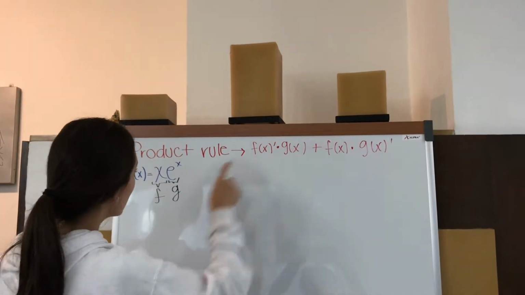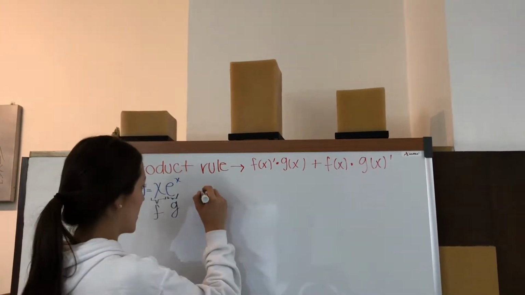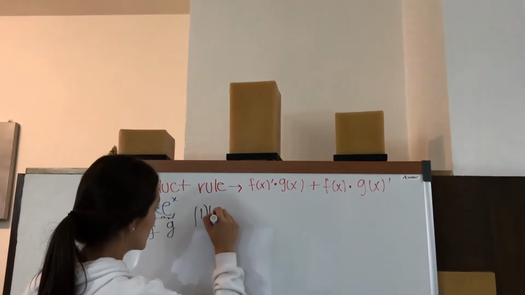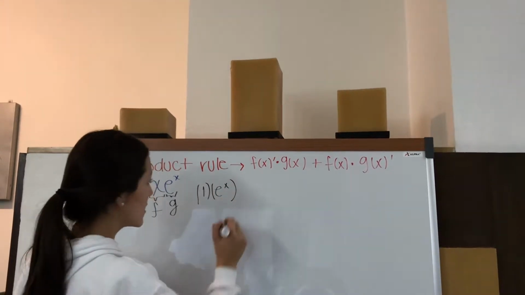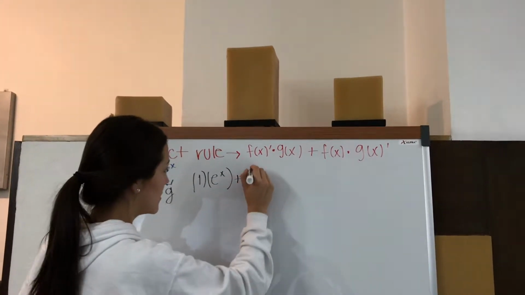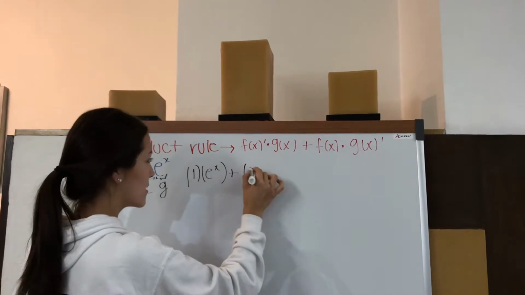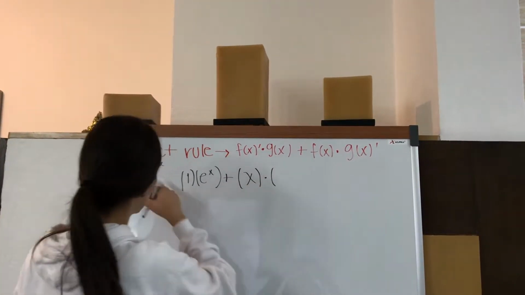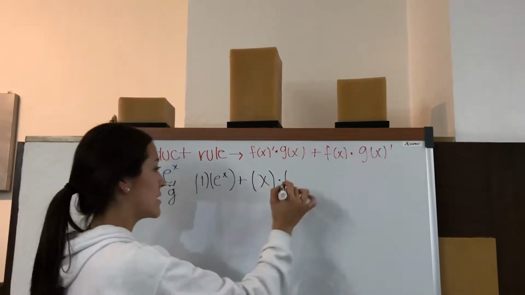Then the derivative of the first one is 1. So we have 1 times the second one plus the first one times the derivative of the second one, that is